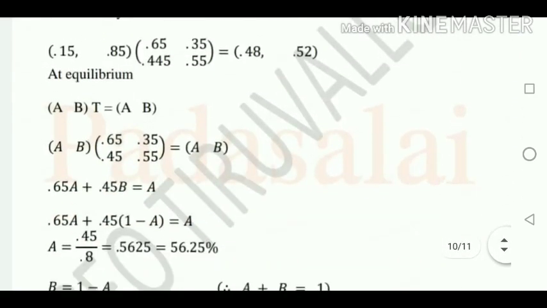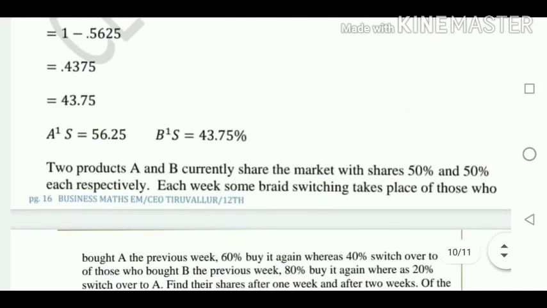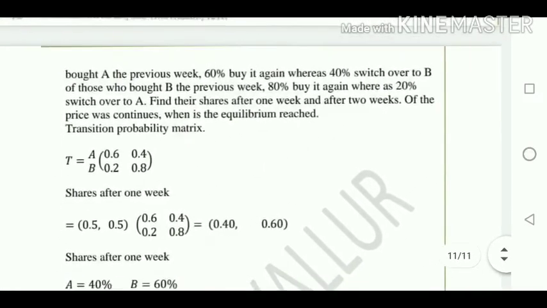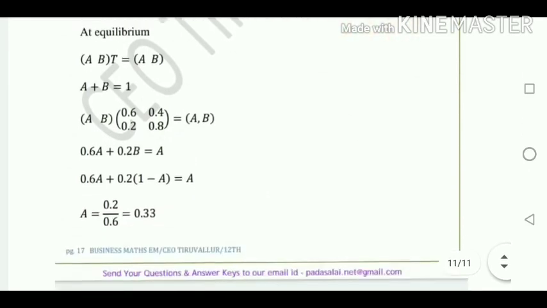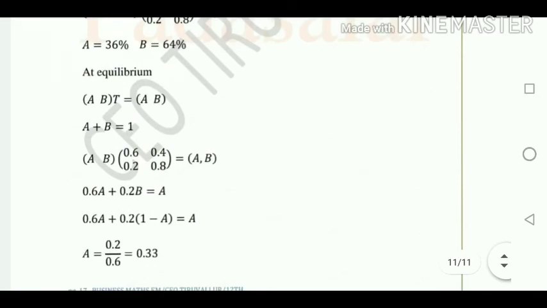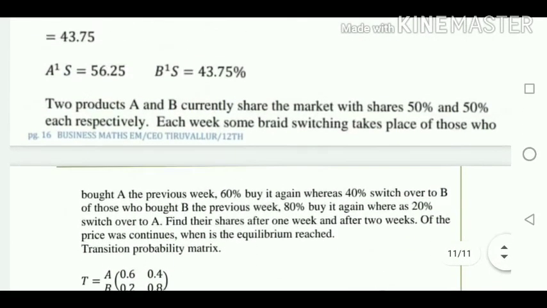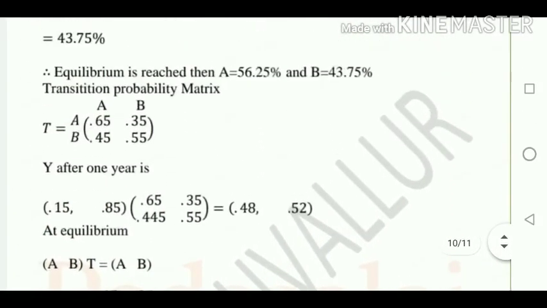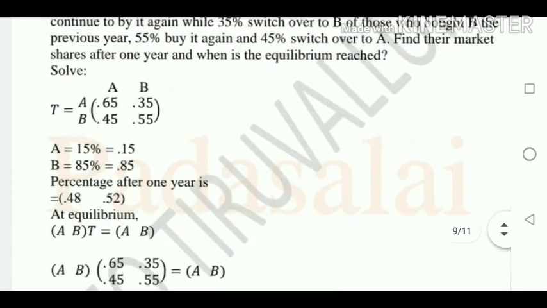So it is clear that they are asking about Cramer's rule and transition probability in 5 marks. Okay, so if you practice these things, you get more marks in your monthly test. So this is the concept. That is two concepts. One is Cramer's rule, another one is transition probabilities. Here are a few sums regarding the transition probabilities. You practice these things. This is in exercise 1.3 I think.